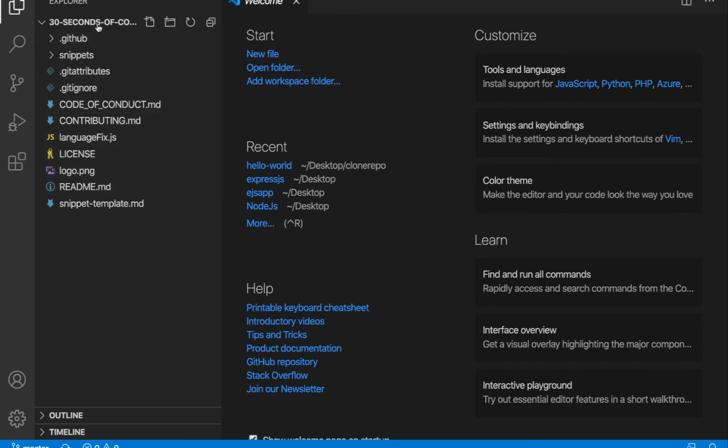The best part about an editor like Visual Studio Code is that it shows proper icons for the particular text file or file format. So you can see for Git files it is showing a Git icon over here, and for others it is showing them properly, like a JavaScript file showing a JS icon over here. So let's see how to change or modify it.